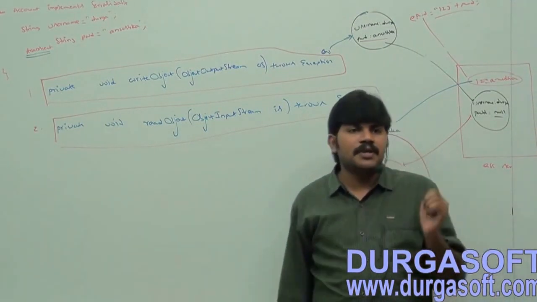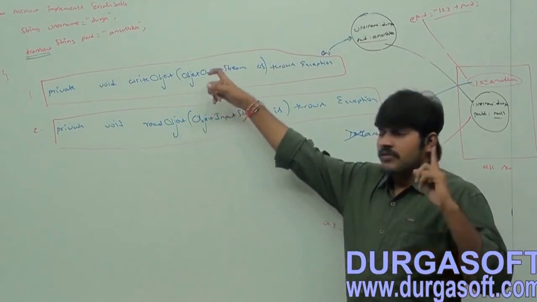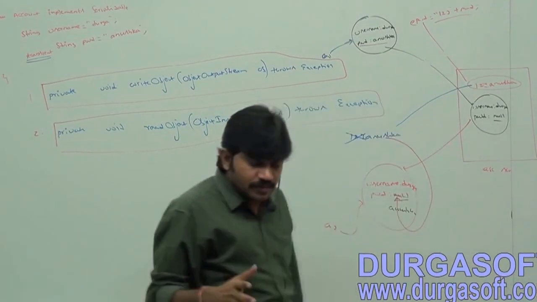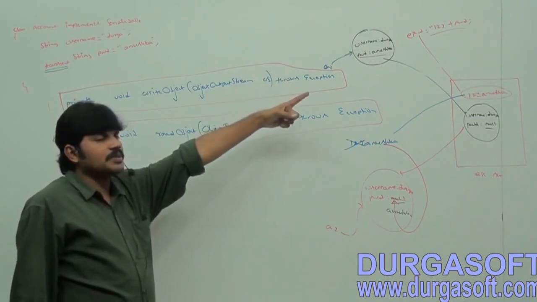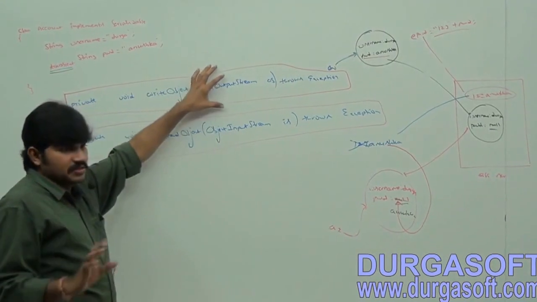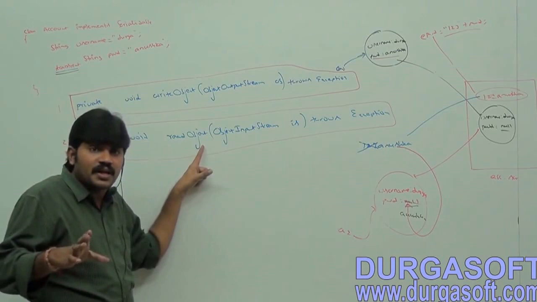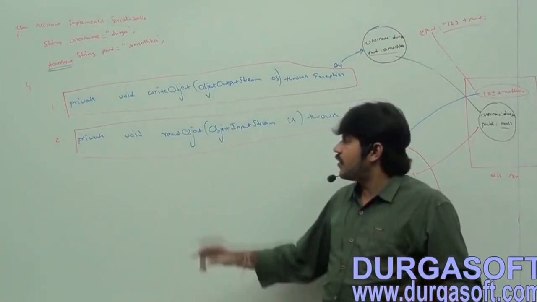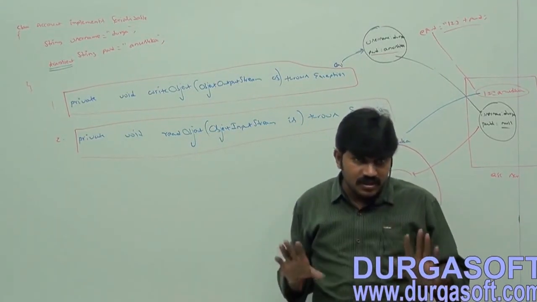We can implement customized serialization by using how many methods? Two methods. What is the first one? Write object, read object. Can you tell when the write object method will be executed? At the time of serialization. Hence, at the time of serialization, if we want to perform any activity, we have to define it in this method. So, read object method will be executed automatically at the time of deserialization. Hence, at the time of deserialization, if we want to perform any activity, we have to define that inside this method only. Clear for all of you?